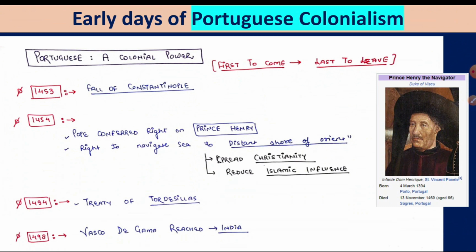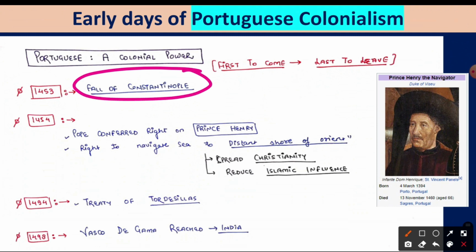So let us see. Let us see something about the Portuguese colonialism as well. What Portuguese did with respect to their colonialism, right? So first, they in India, they were the first to come and the last to leave, right? Let us start the story from 1453, from the fall of the Constantinople. We have seen that after the Constantinople,